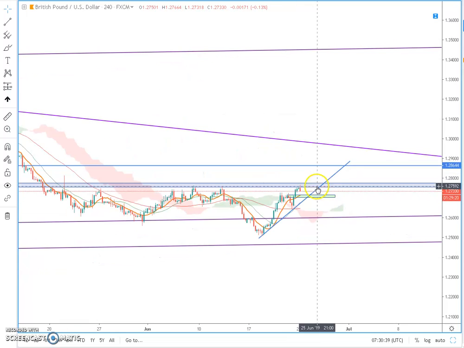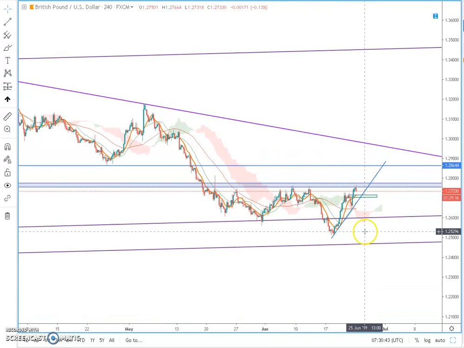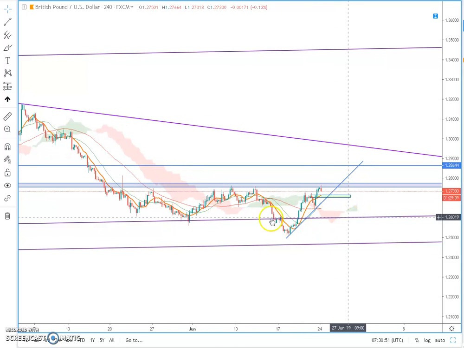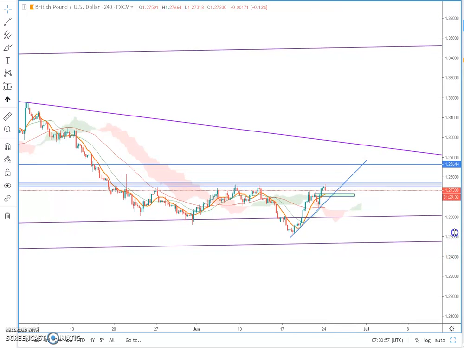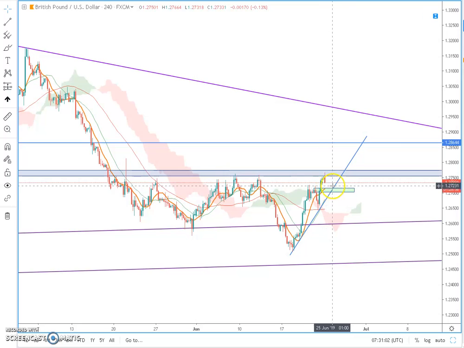So looking at the 4-hour chart, we can see the price moved up. Anyhow, it managed to break above previous highs and encountered resistance at 1.2750. Now what we will be looking at in GBPUSD is to see what it does in this area, the green rectangle which we can see. Most probably we are going to see a bounce from here,